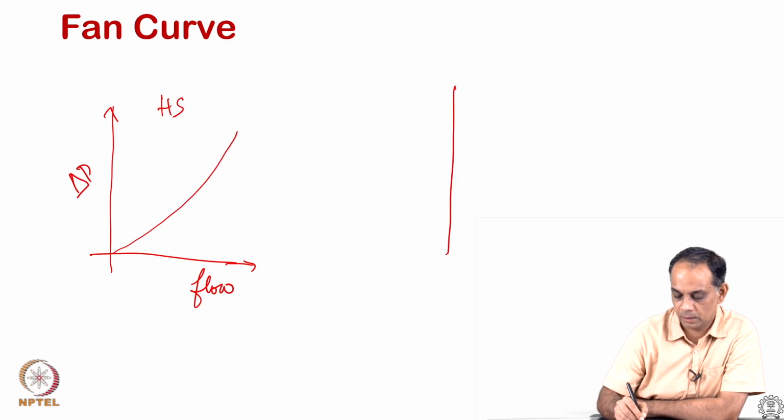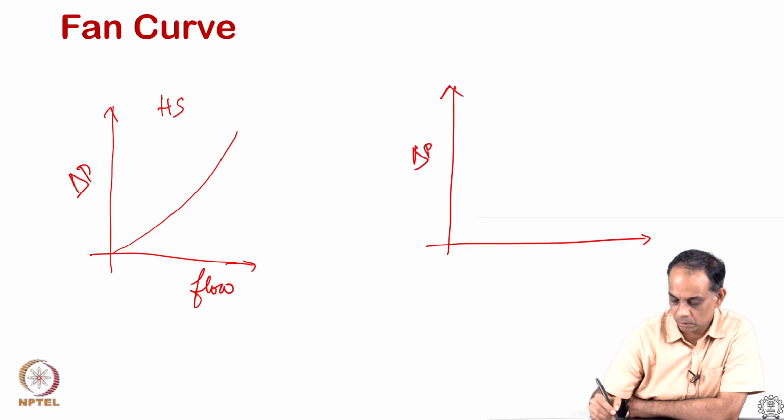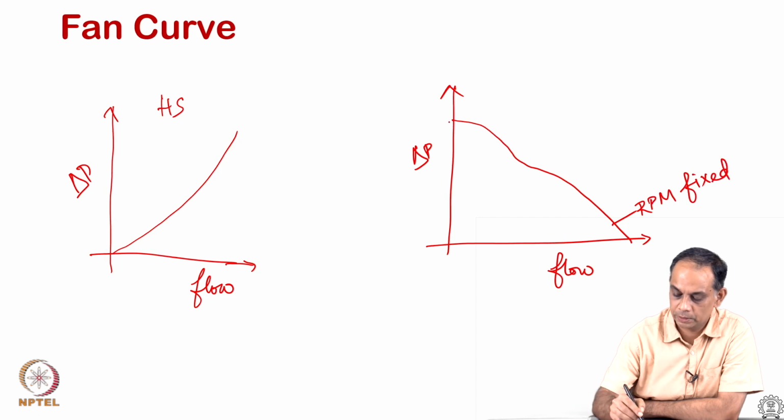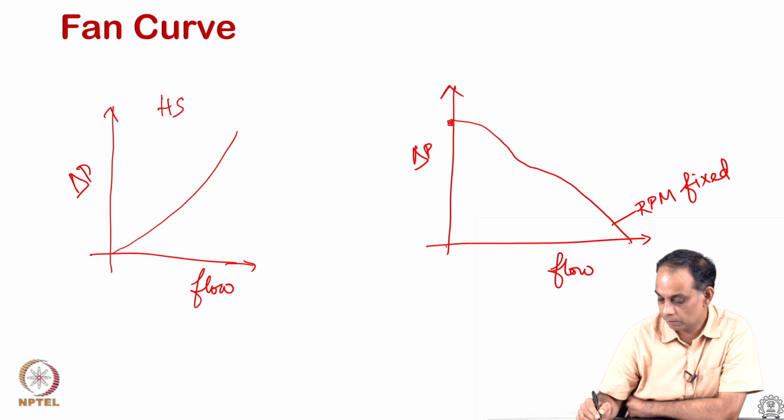However, a certain fan, this is typically called a fan curve, only generates a certain flow rate. This is for a fixed RPM of a fan, and the size of the fan is fixed here, and so you get a curve like this, which is the pressure drop. When the fan produces zero flow rate, it can withstand the highest static pressure. When the pressure drop that it has to overcome is zero, then the flow rate is